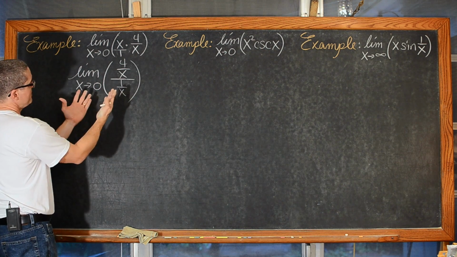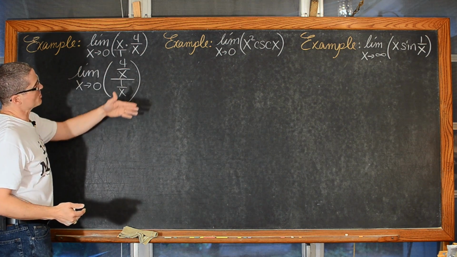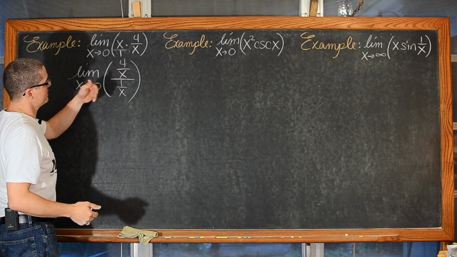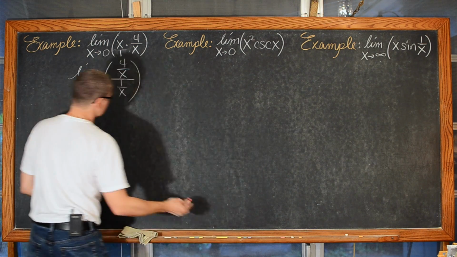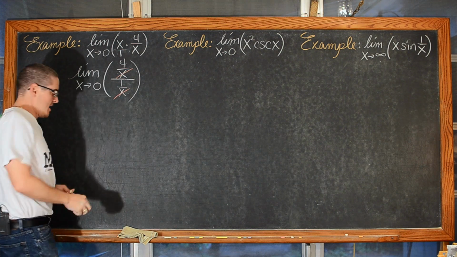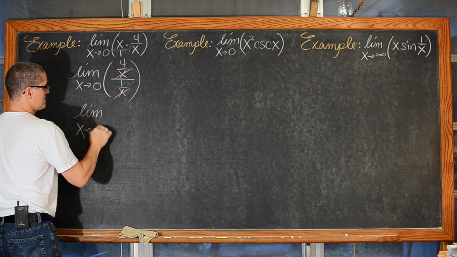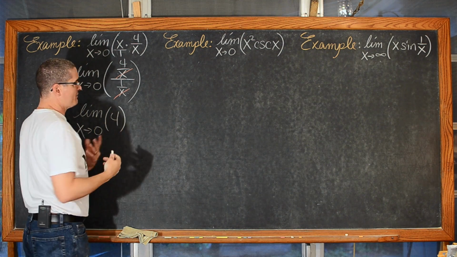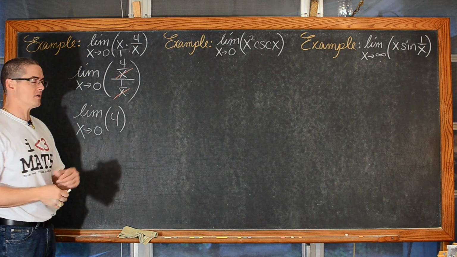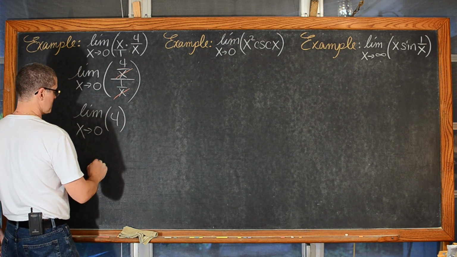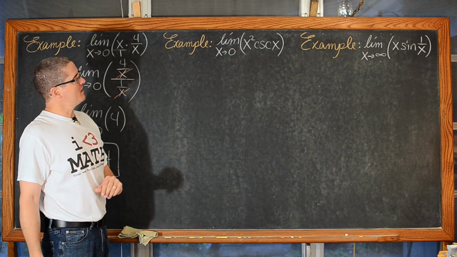Now, I should be checking to see if I could apply L'Hopital's rule, which then could say, okay, this is an indeterminate form of 0 over 0. Let's find the derivative of the numerator and denominator individually. But in this particular case, the x's just cancel out, and we end up trying to take the limit as x approaches 0 of a constant. So I never even got to apply L'Hopital's rule. This is just the limit of a constant, and of course that is going to be equal to 4.